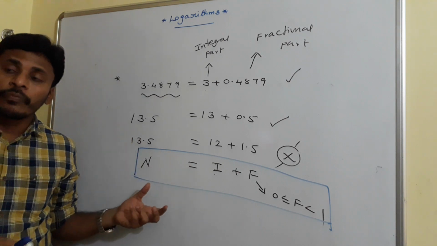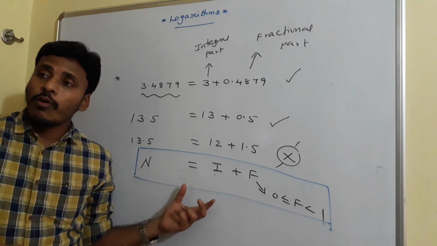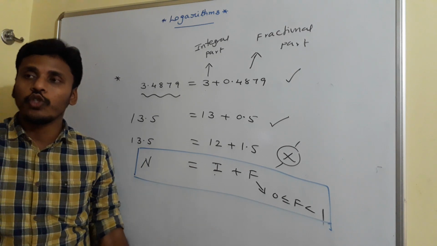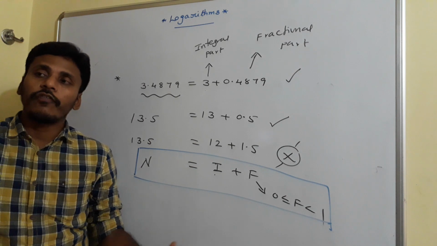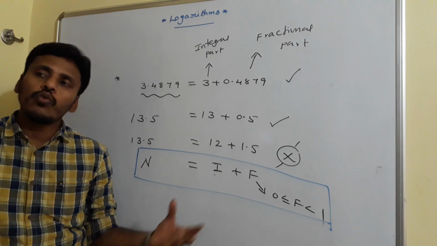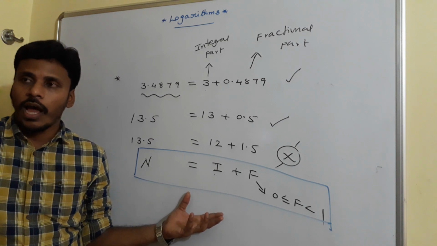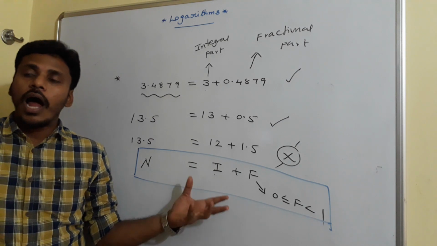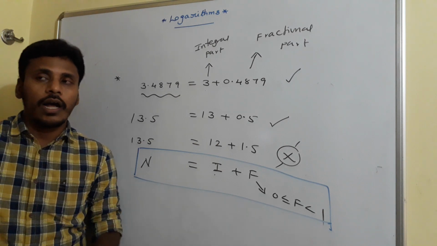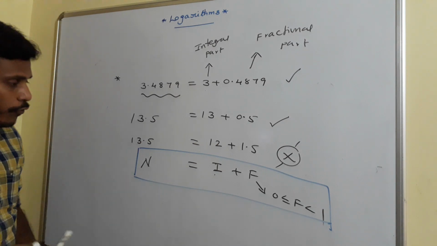I is the integral part, f is the fractional part. Basically, writing a number as a sum of integral part and fractional part is not logarithms. It is usually number system. In different branches of mathematics and in different situations, wherever it needs, you are able to utilize this task. Now, this is a general task, and now I am applying that general task for the logarithms also. Now I will give you a few more examples.